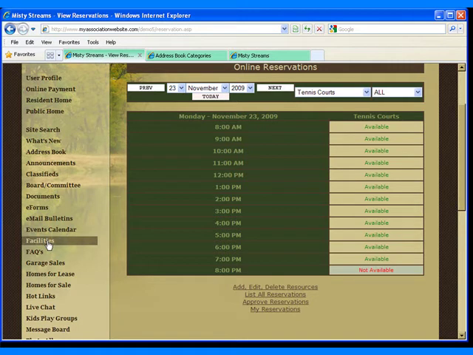A facility can be grouped into several resources. For example, tennis courts can be a facility with several different courts, court 1, 2, and 3, each being a single resource to be reserved under the facility. In this scenario, there is a single racquetball court, so the facility would be the racquetball court and the resource racquetball court. You will now go to Facilities,